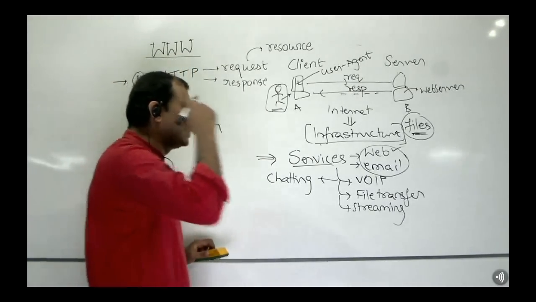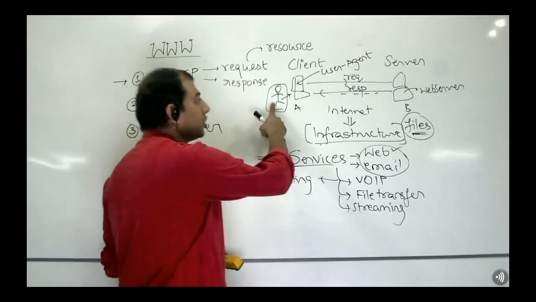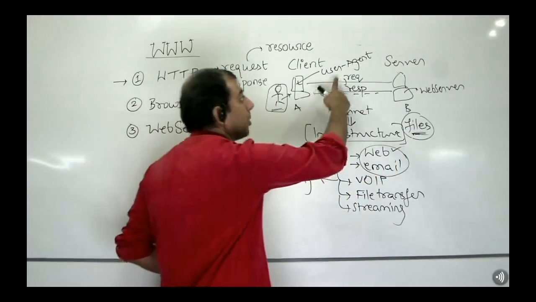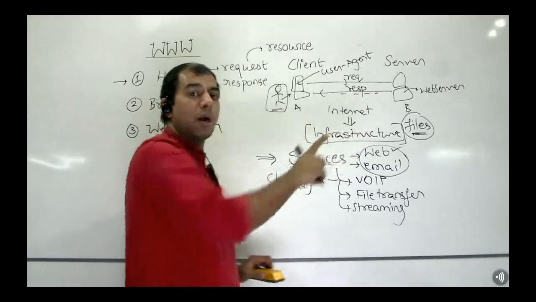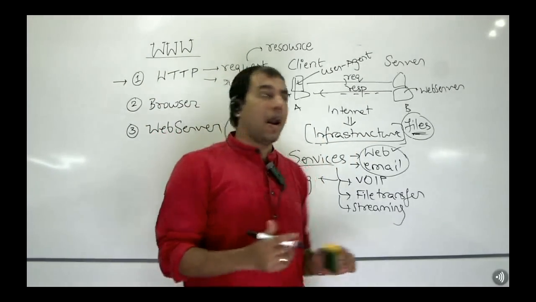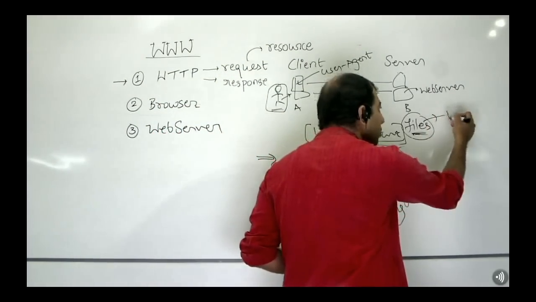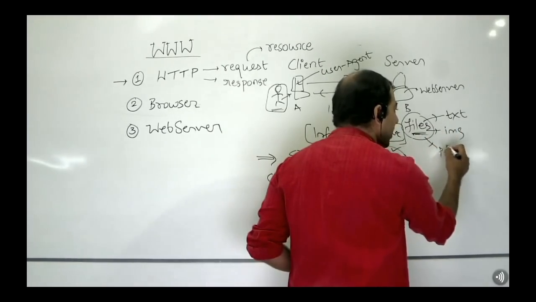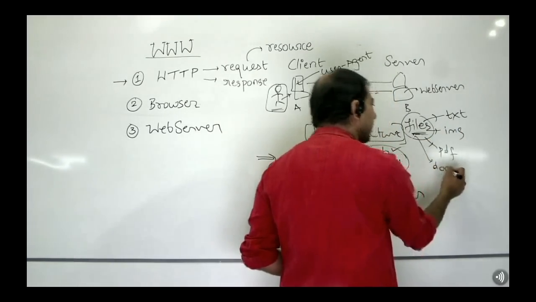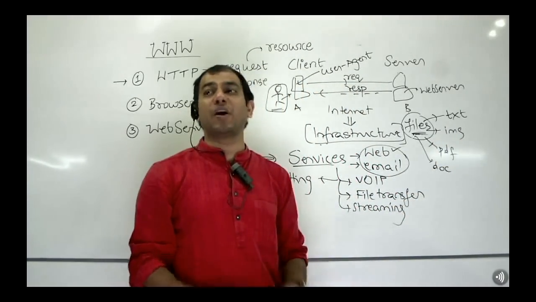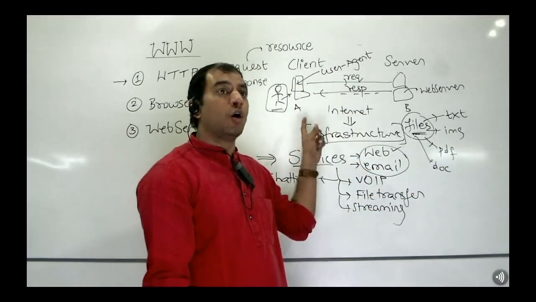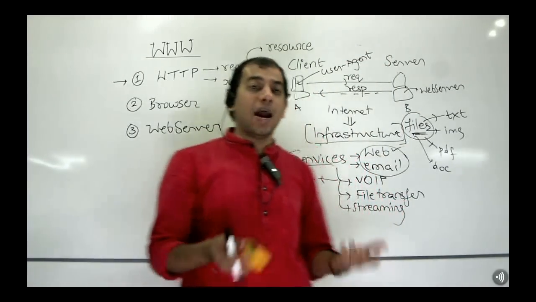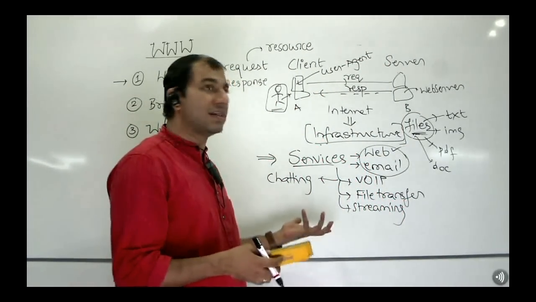Now, in exactly the same way, if a user has to access the files, if the user has to make a request for a file, he needs to know what and all are the files that are there. And what are these files? The files could be text files, image files, PDF files, doc files, a myriad set of different data types, isn't it? So he needs to have a menu of all of these files, isn't it? And that menu, what do we call this?